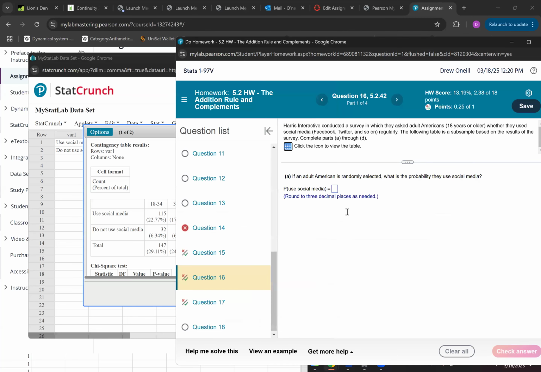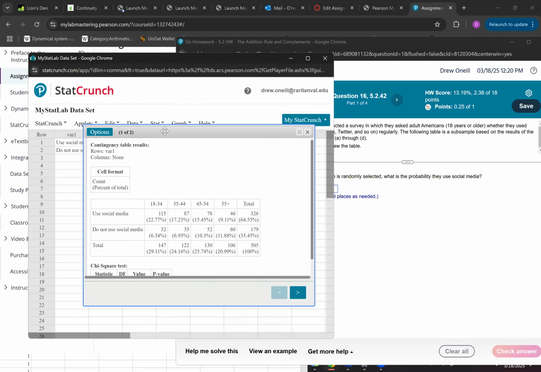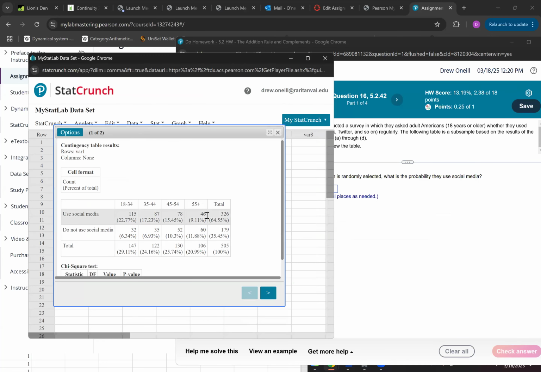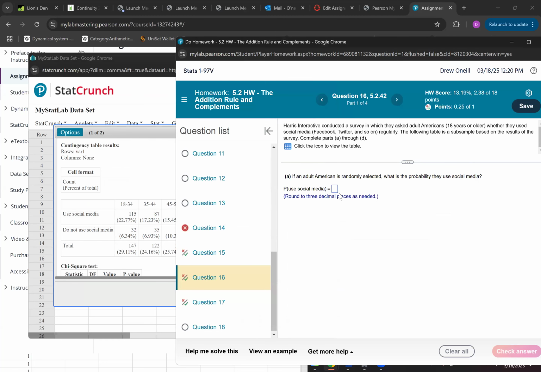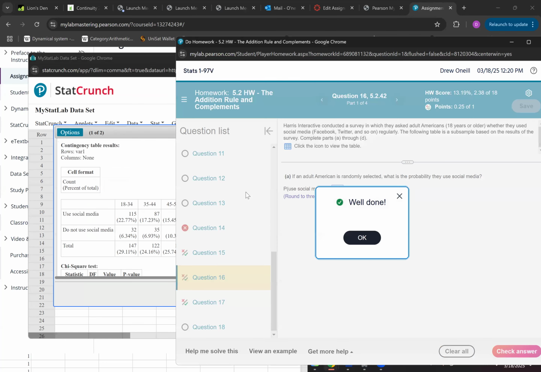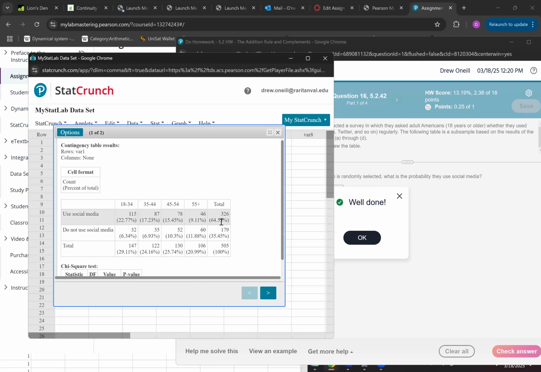So the first question is, if an American adult is randomly selected, what is the probability they use social media? See how the row says use social media. That's why it's important to have the row label. You can see it's 64.55%. So I just have to convert that to a decimal, which is 0.646. Okay. So all I'm doing is taking the right cell entry, reading the percent,